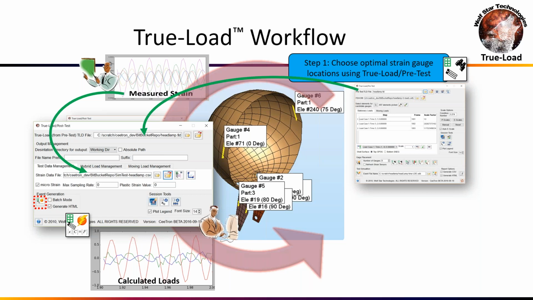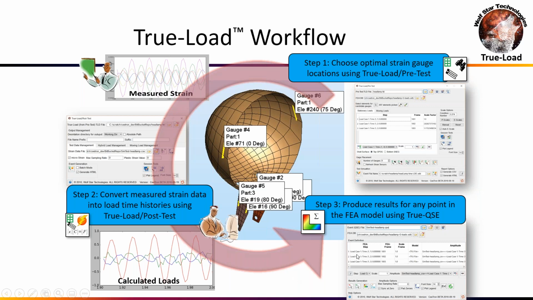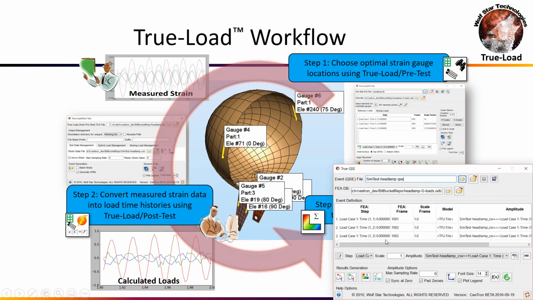And now that we've got the loads, the post-test software is going to generate an HTML report for us that's going to show the measured strain data plotted against the simulated strain data. And we want to look for a nice 45-degree line to make sure we're getting one-to-one correlation in our strain response to the FEA model versus the real world. And then post-test is also going to generate for us a TrueQSE file, and this TrueQSE file is going to have our unit load cases and the corresponding